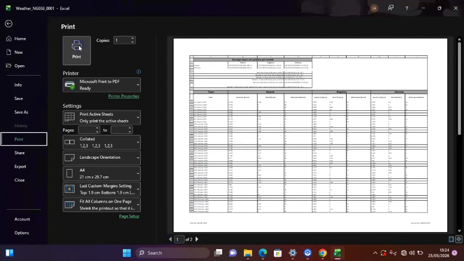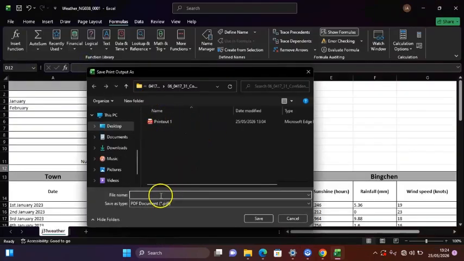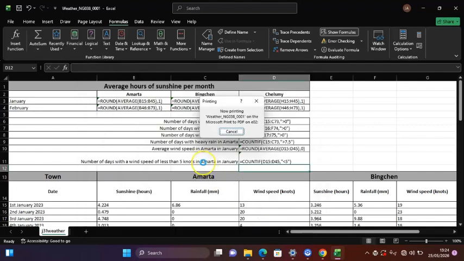Good. So you go to print and then call this print out 2 and save. Okay,